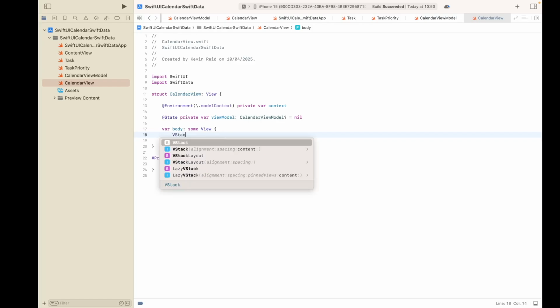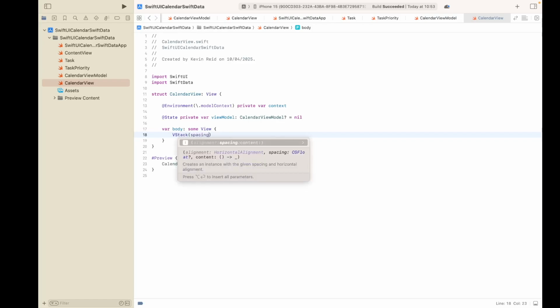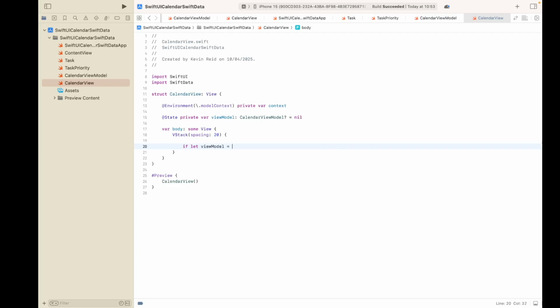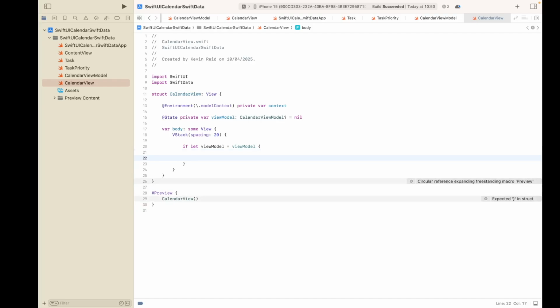Add our VStack with spacing 20. If let viewModel equals viewModel, so if there's something in the view model, then we will show the UI, HStack,